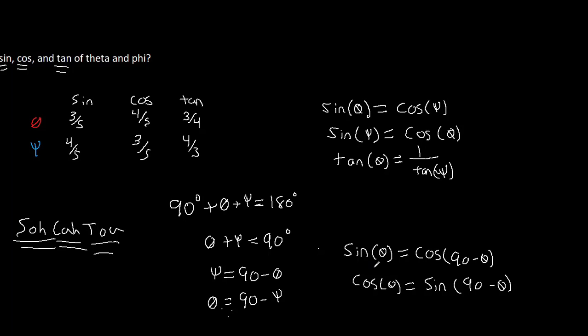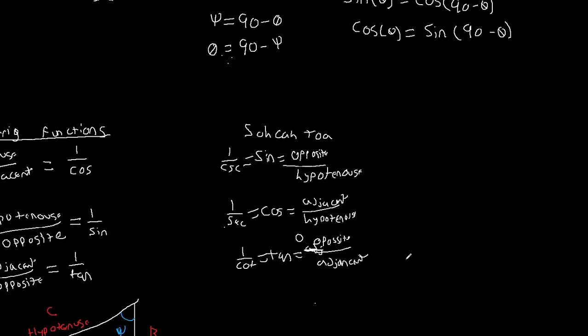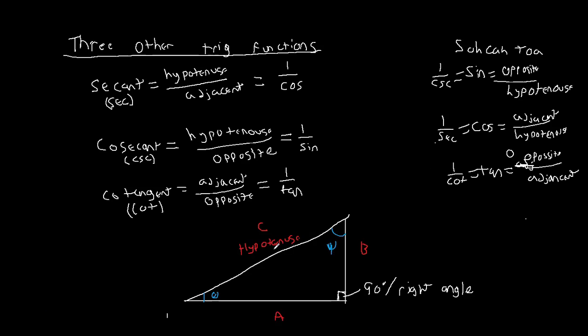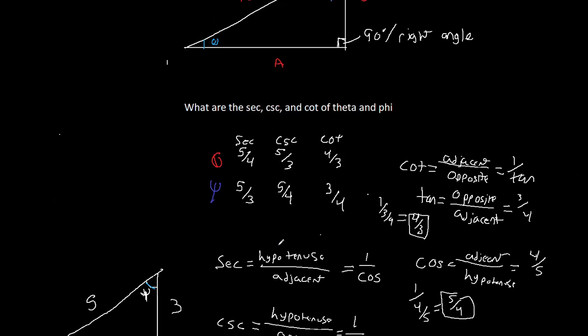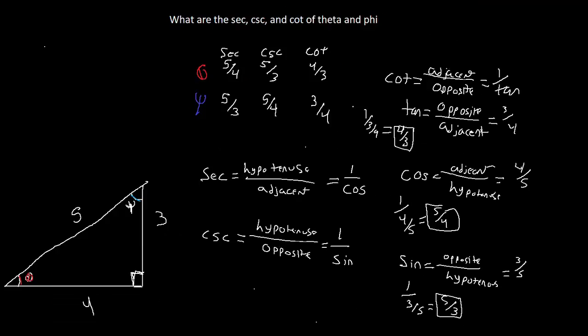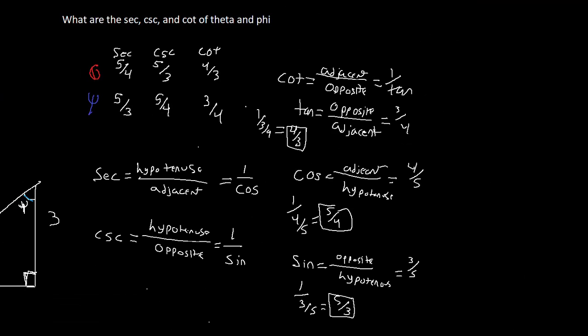And again, we can do the same thing down here. I'm going to pull it down just a little bit. This is our example diagram for secant and cosecant. And we can see we have that same sort of trend here, that the secant of theta is the same as the cosecant of phi. The angles here have that same relationship of 90 minus. So what we can say here